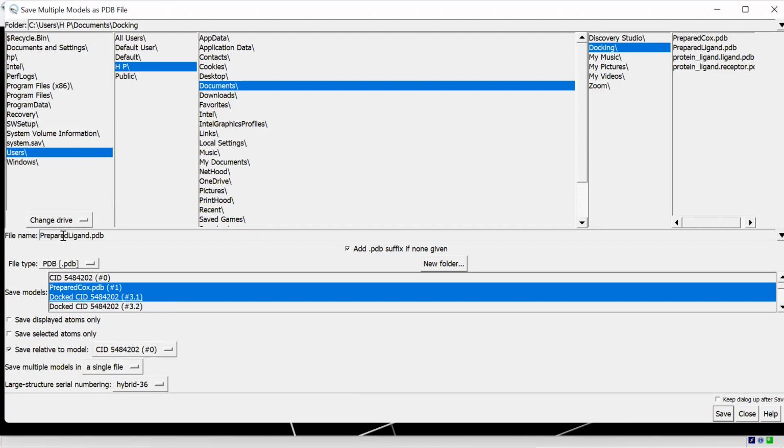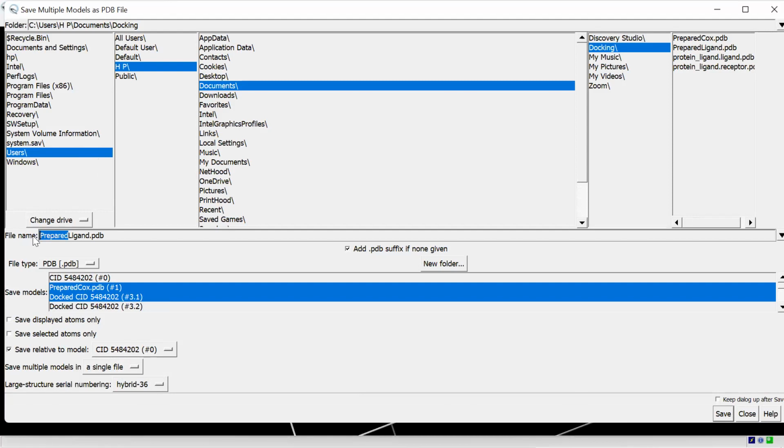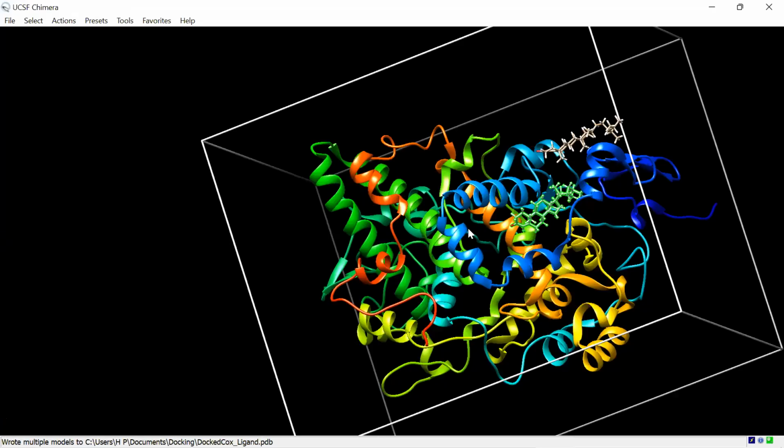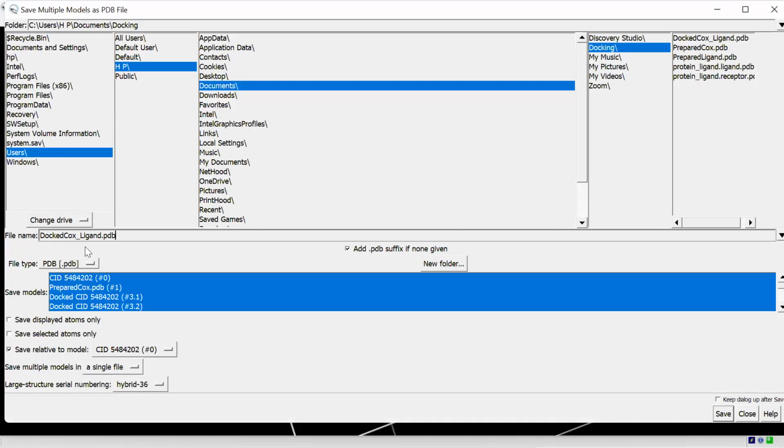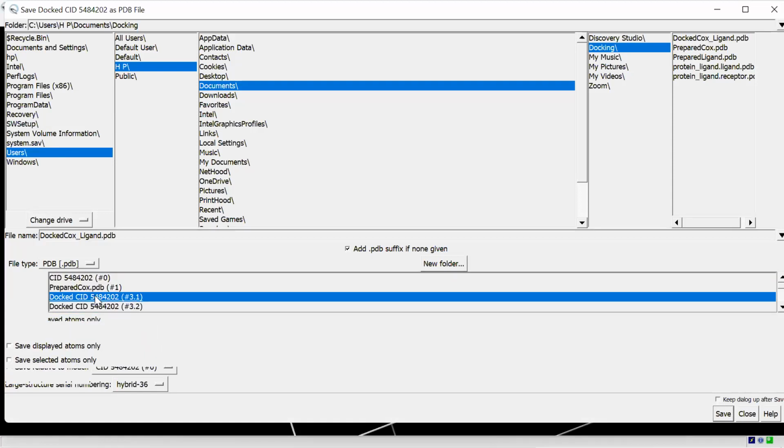Okay, and then we can name it as our docked protein or docked ligand.pdb. You can save. Then we can save only the ligand, only this our ligand that is docked to this protein. We go again, we go to save PDB, we pick only our docked ligand